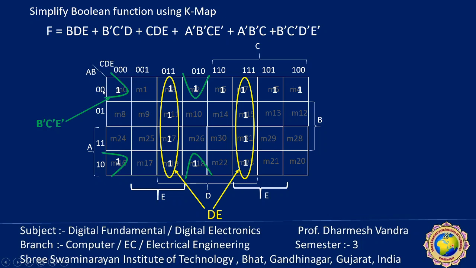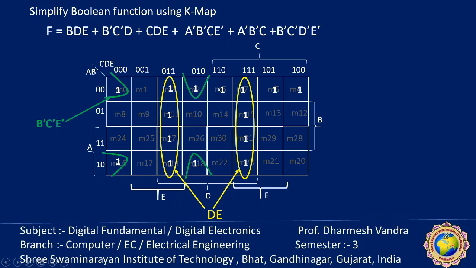are represented by B equal to 0, C equal to 0, and E equal to 0. So B dash, C dash, E dash. These green combinations are shown there. Now, how many are remaining? 1, 2, and 3. So a 4 combination. If I make the combination of these 4, again two are missing. Try to cover all remaining minterms. So if I take this last 4 cell, every minterm will be covered.